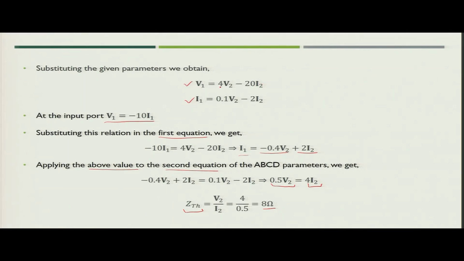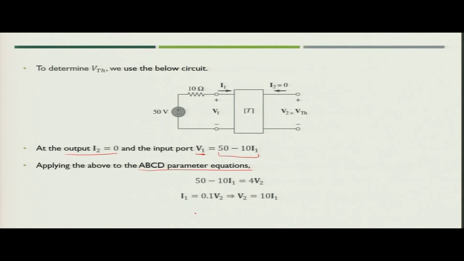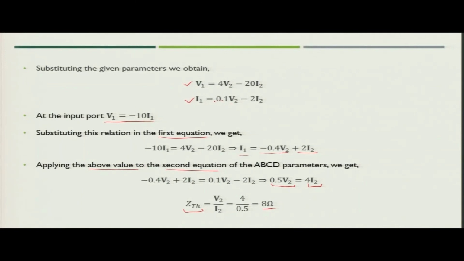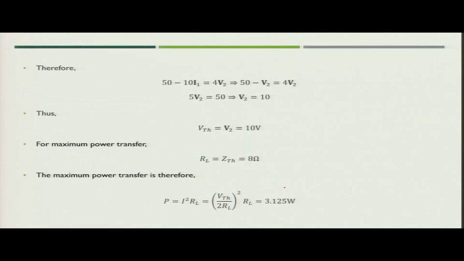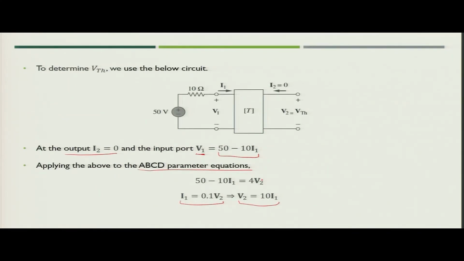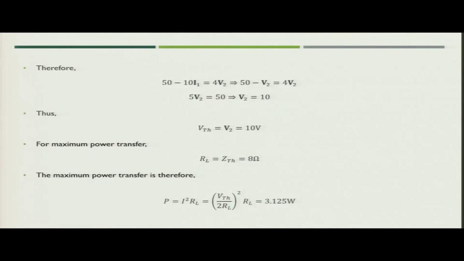So, V1 is equal to now 4 V2. So, this will become 4 V2, and next is I1. I1 is again 0.1 V2, because I2 is equal to 0. So, you get another equation, I1 is equal to 0.1 V2. So, this will give V2 is equal to 10 I1. Now, you put the value of V2 in this and simplify, and when you simplify you will get simply the value of V2 as equal to 10. And what is V2? V2 is nothing but the Thevenin voltage. So, we get now the value of Thevenin voltage as 10 volt,